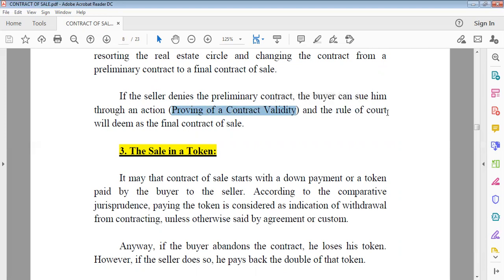And the rule of court here will deem as the final contract of sale، وحكم المحكمة اللي بيصدر بيكون بمثابة عقد البيع بينهما. الفكرة عشان تكون واضحة انه احنا عملنا preliminary contract between the seller and the buyer، وبعد ما باع السيلر للباير العقار